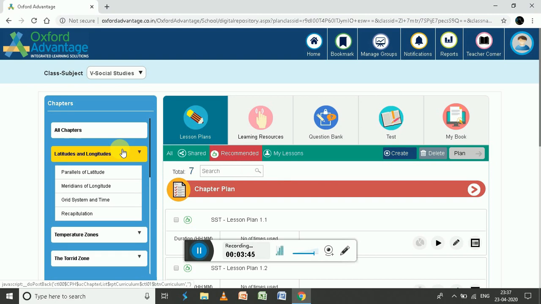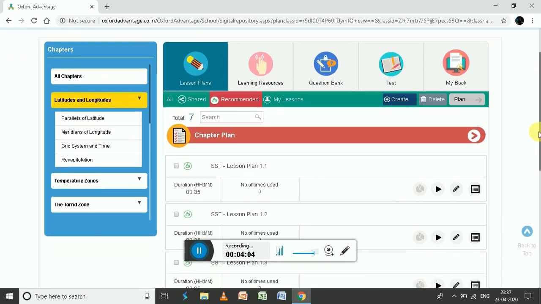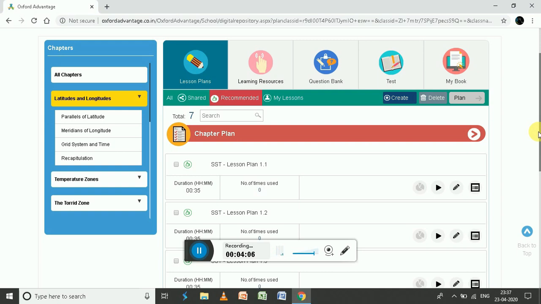Over there, now the interface wants you to select what option you want to use right now. Do you want to teach? Then you have to click on the book, or you want to make a lesson plan. Now the lesson plan has already been given. A model sample lesson plan has already been given, which you can use according to your own benefit or according to your own need. And you can even modify it according to your demand.